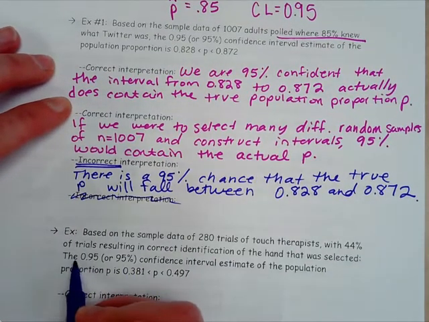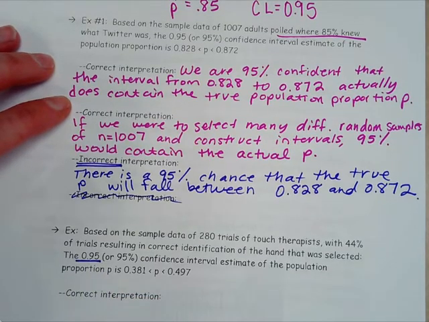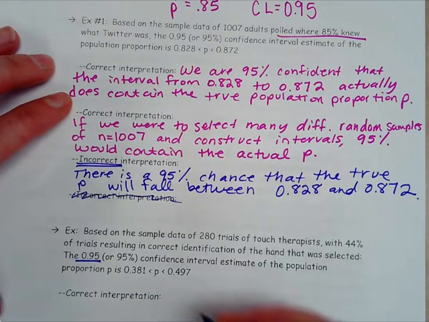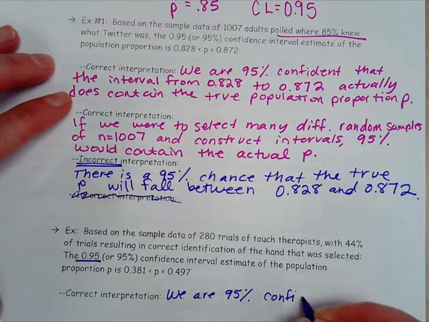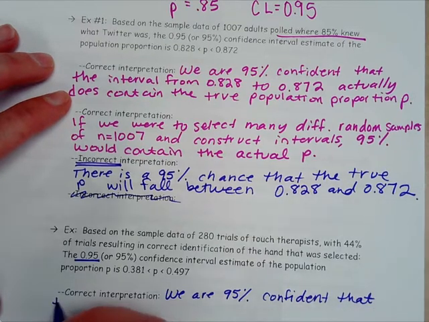So we have a confidence interval of 95%. Start it out the same way. We are 95% confident that the interval from